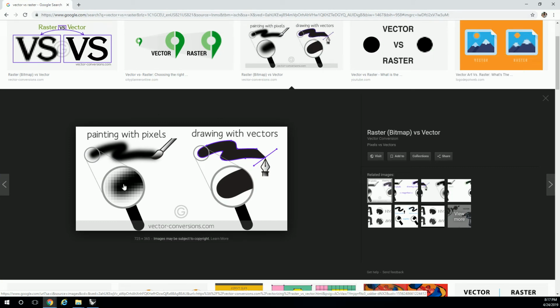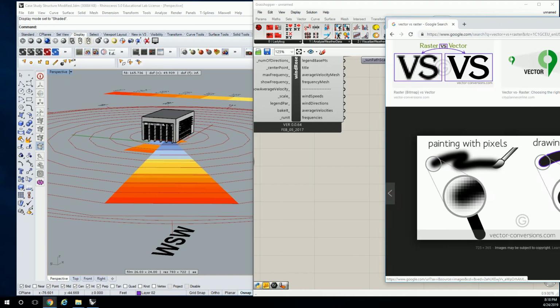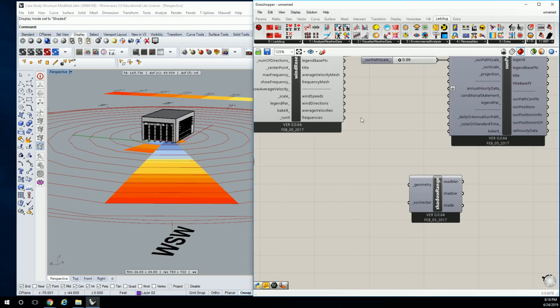That means you zoom in on it and you can see the little squares, and then you can change that square, and it makes up another picture, right? That's what pictures are made of. And then there's drawing with vectors, which is the mathematical line work that goes behind creating a line or a volume, something with thickness. So that's the difference. What's cool about what Ladybug does is it will project your shadows just like you would when you're doing the